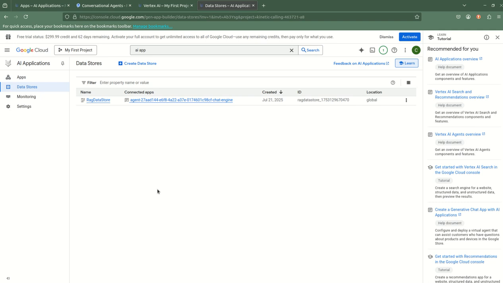So let's create another RAG chatbot by using a different off-the-shelf GCP tool. So we tried the RAG engine, now we're going to try conversational agents. So in order to start creating a conversational agent that has access to data, you're going to have to start